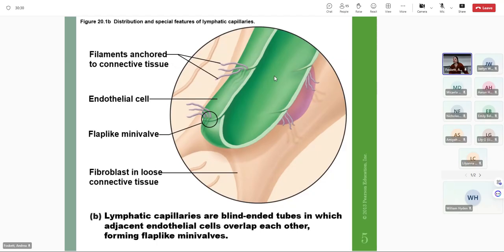And then as lymph starts to accumulate here, we're kind of closing those valves here, preventing backflow. And then of course, this is going to lead into larger vessels, and it's going to flow away from the tissue bed. These are those collagen fibers, those anchoring filaments that help to keep those lymphatic vessels anchored or tethered to the surrounding extracellular matrix. Okay. All right. So then,